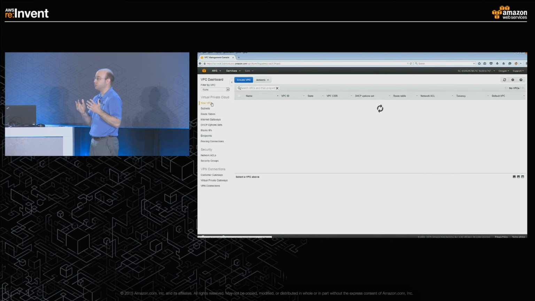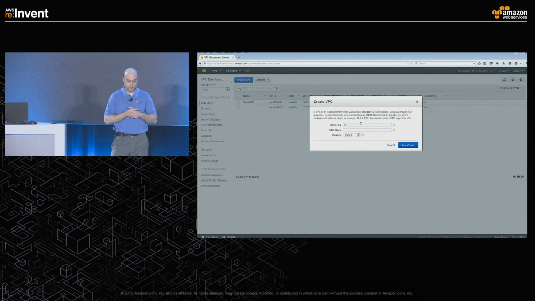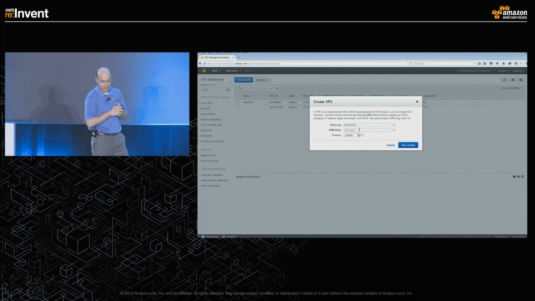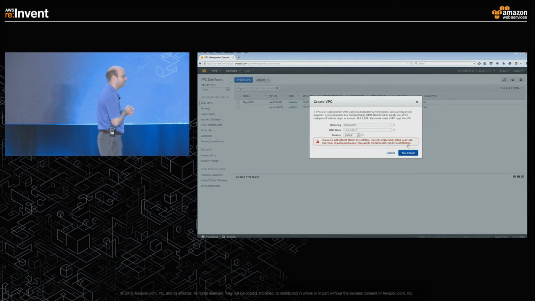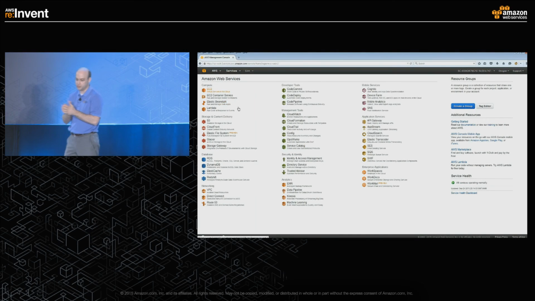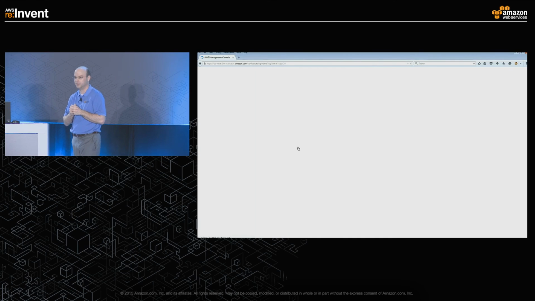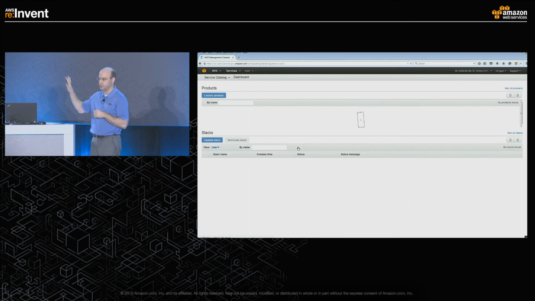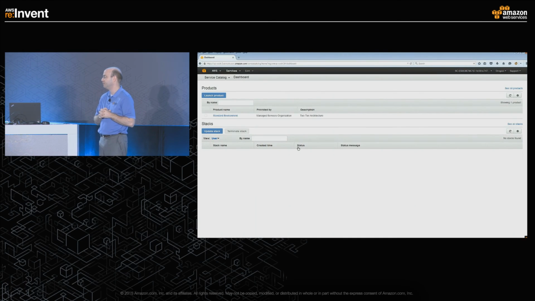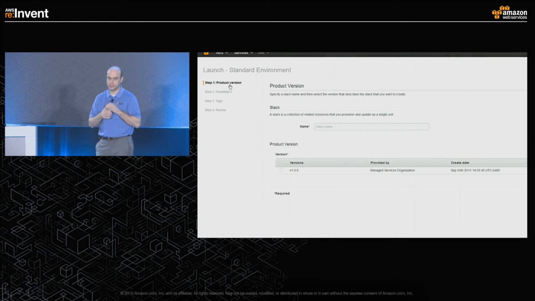Well, maybe I'll just make my own VPC. My new VPC, and I can't do that. All right, so I give up. I'll use Service Catalog, right? So the developer goes to Service Catalog. Interestingly enough, the developer doesn't have administrative permissions to Service Catalog, and so the only view they have is the end user view, automatically. They see that they can launch a standard environment, and I should note that the standard